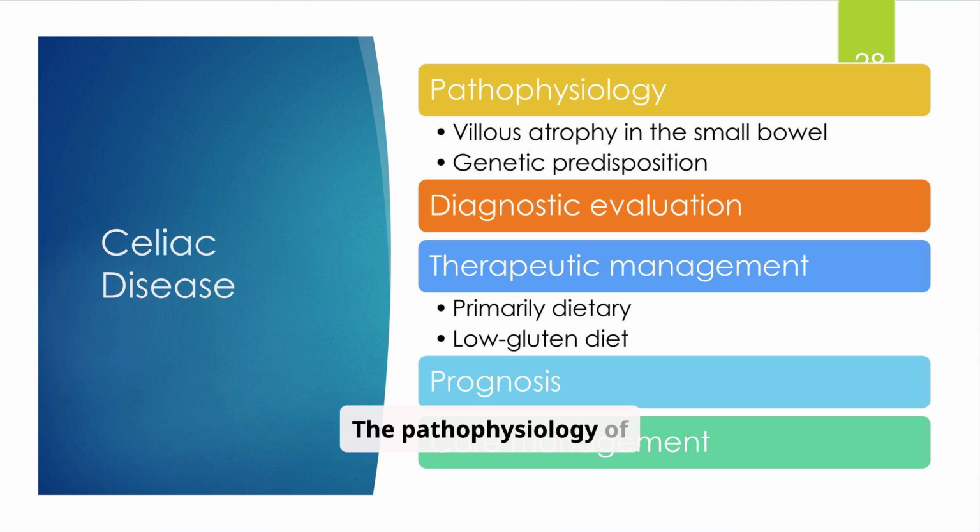The pathophysiology of celiac disease involves villous atrophy in the small bowel, primarily in individuals with a genetic predisposition. Diagnostic evaluation includes serological tests and intestinal biopsy. Therapeutic management is primarily dietary, requiring strict adherence to a low gluten or gluten-free diet for life. Prognosis is excellent with dietary compliance, but care management involves ongoing education and support to maintain the diet and monitor